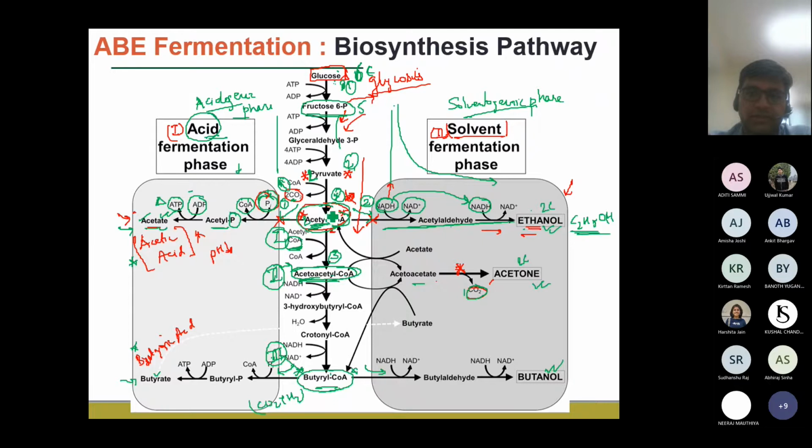this precursor, then actually we can see there are 2 moles of CO2 being released. This carbon dioxide is released as a gas. So that means whatever carbon atoms are there are going to escape, so we will not see that in this calculation generally. From glucose to pyruvate, we have seen in our earlier classes, if we do the overall reaction balance, 2 moles of pyruvate are produced. From the 2 moles of pyruvate, generally 2 moles of ethanol are produced.